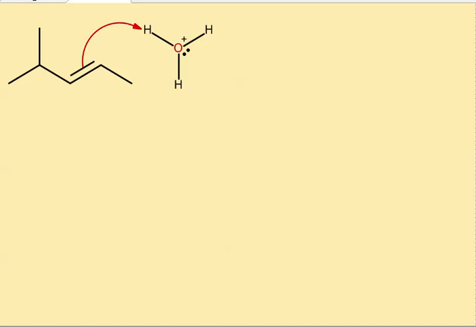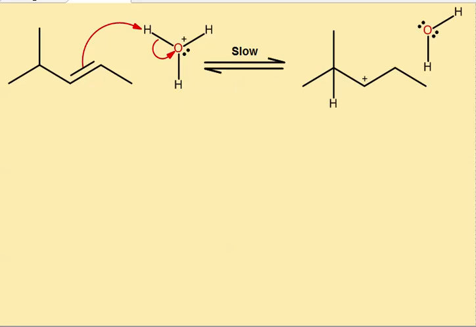Picking up the proton, and then the first step of the reaction, as the electrons revert back to the oxygen, produce water and a carbocation. Of course, this is a relatively slow step because of the high energy of that secondary carbocation. Now, of course, the water which is produced can act as a nucleophile and attack the carbocation, which is an